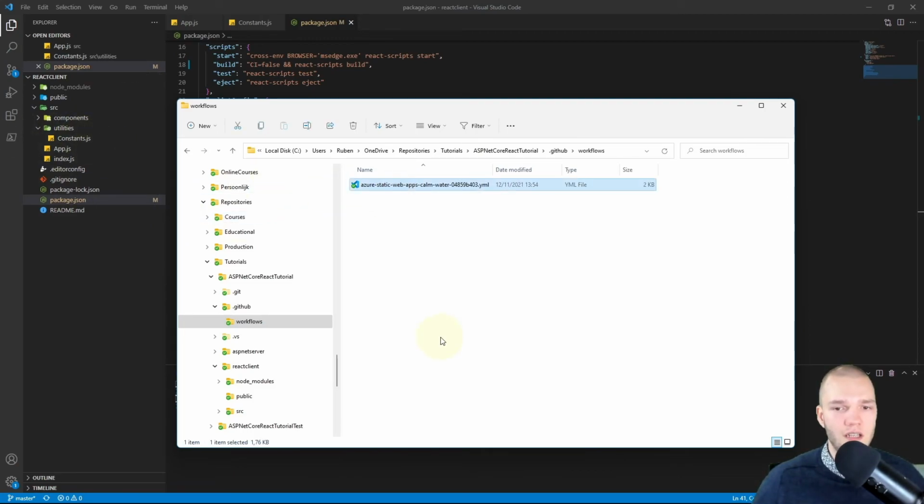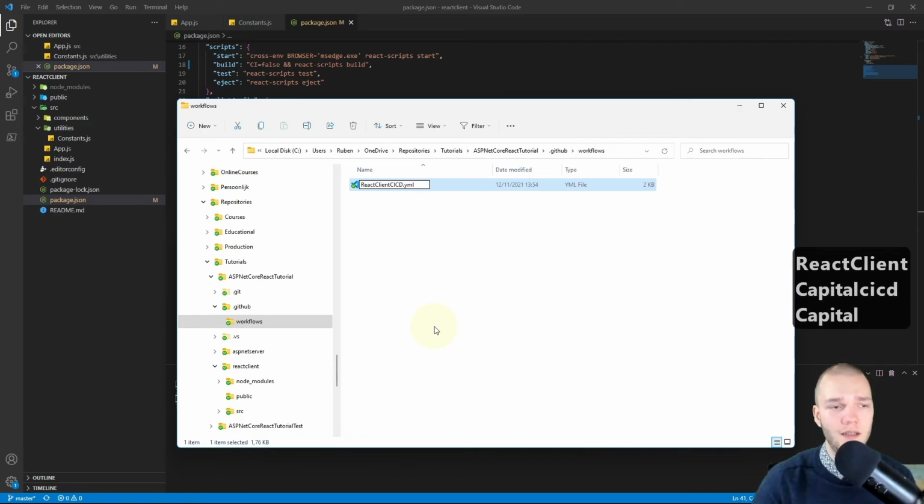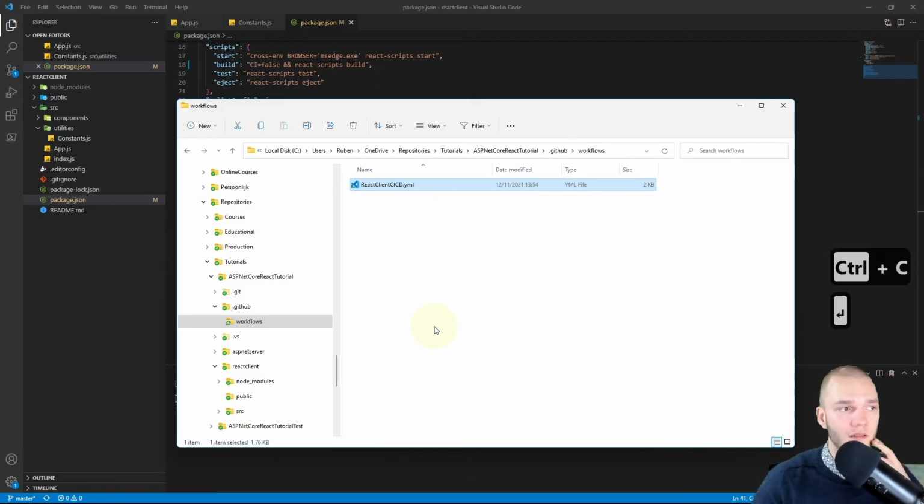So I'll change that name to something more descriptive. I'll do React client CI/CD, and I'm going to select that and copy it. Now I want to open this file. I like to edit YAML in Visual Studio Code, so that's my default.